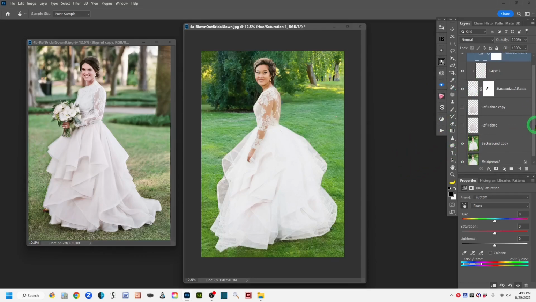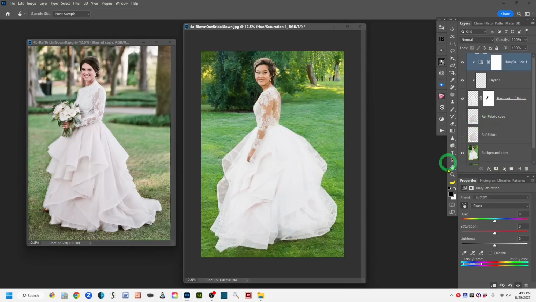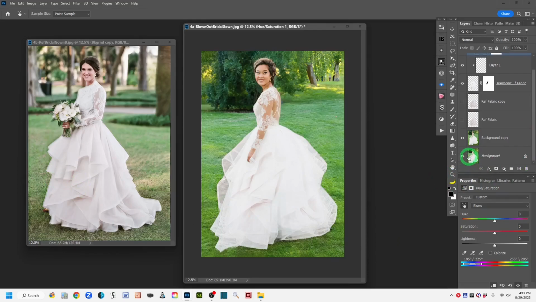So I feel pretty good about what we've done here, because using this as a reference image that had a similar drape to what was missing over here, we were able to move that over, use it as an overlay, and then harmonize the colors, and then move and warp and stretch the reference fabric to fit onto the original from the source document. And let's see how we did here. So before was like that with absolutely no details left on her bridal gown, and now we have a sense of draping,